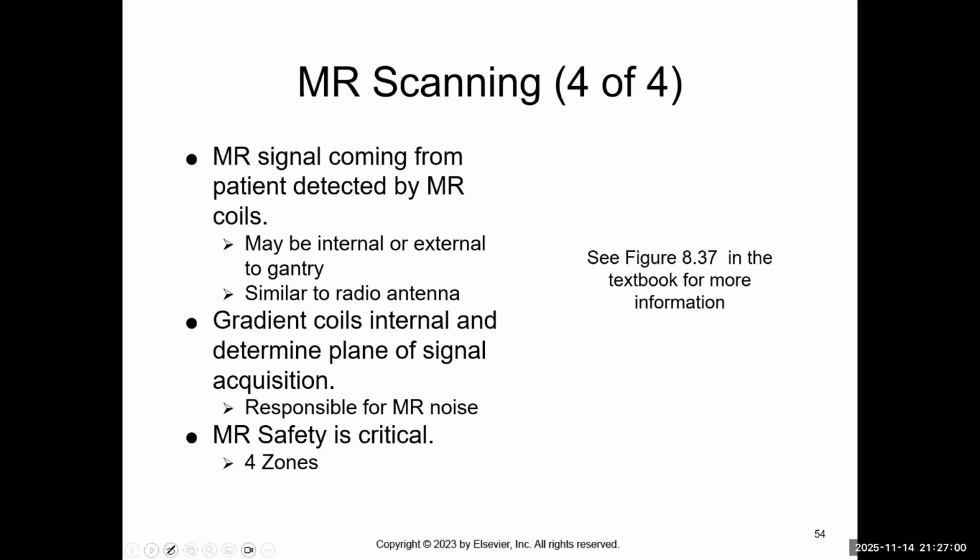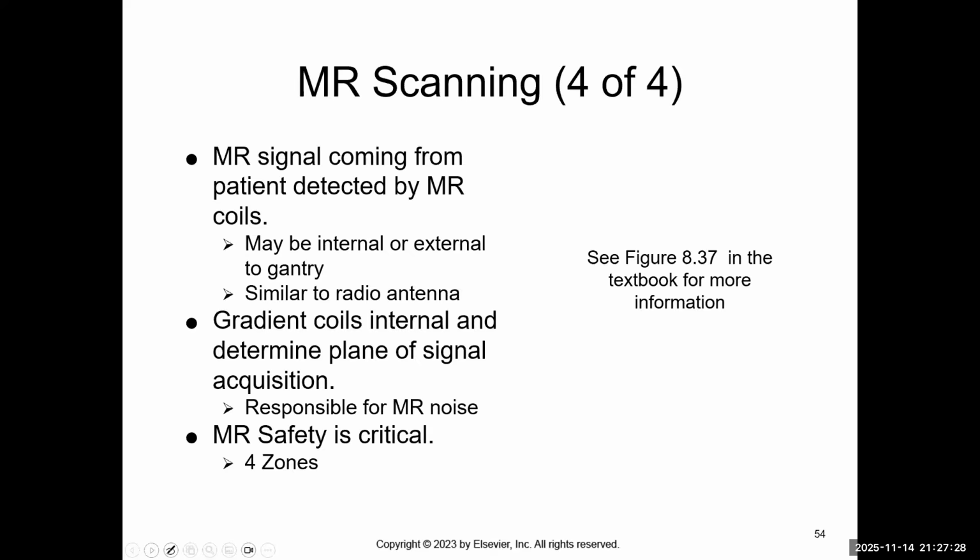MRI safety zones are really important. Going back to the gentleman that was sucked in, it has 4 safety zones, ranging from public areas to the actual room where the magnet is housed. There are, again, strict safety protocols that are required, and the reason why they're required, training and these protocols are required,